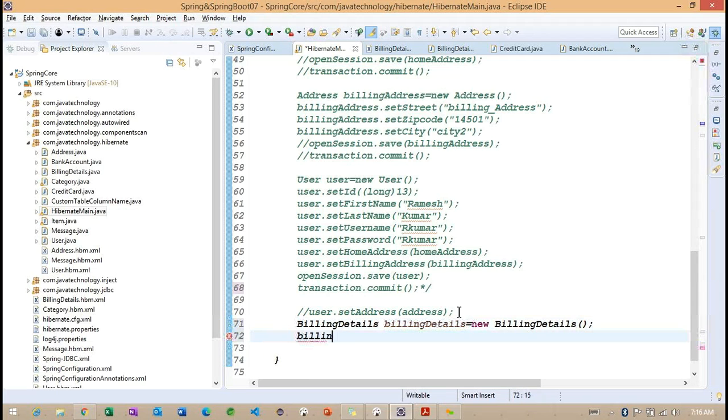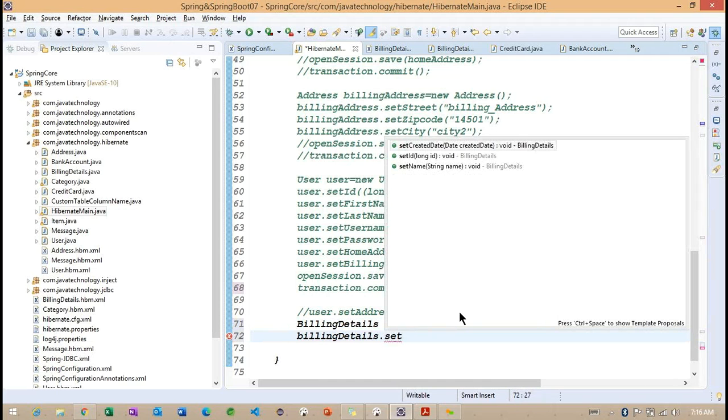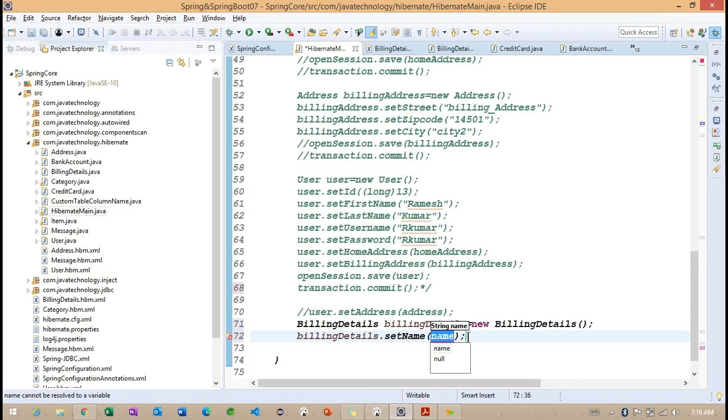Okay, so after creating this particular object here, first what we need to do. Set ID I want to specify. Even we identified here, if I'm going to set here, okay, ID we don't want to set. We are working with a sequence generator, we don't want to set an ID. So Hibernate is going to provide the ID value. Only here I want to provide name.